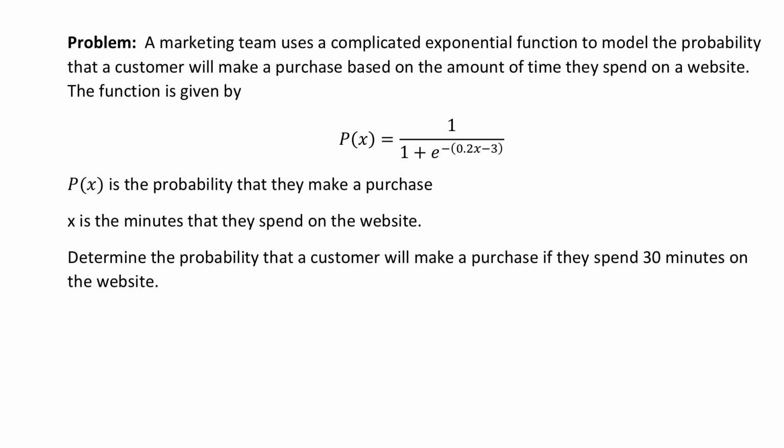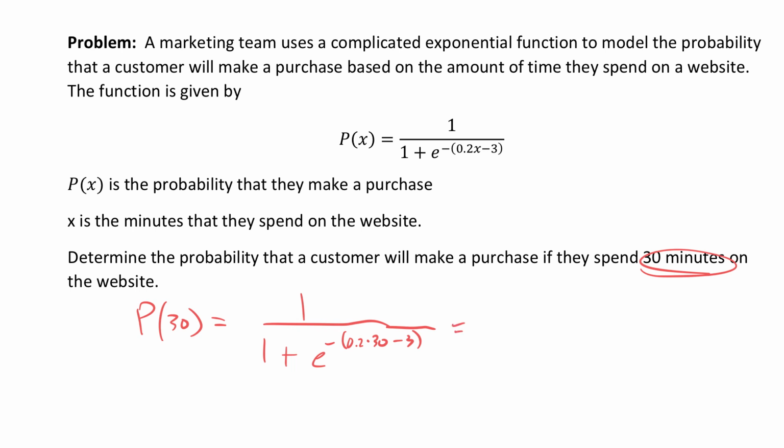Well, it looks like this 30 is going to be our x value, so we need to plug that in over here. That's going to give us P of 30 equals 1 over 1 plus e to the negative 0.2 times 30 minus 3. Again, this question is not particularly difficult from a math perspective, but it is tricky to make sure that all the numbers get plugged in correct on your calculator. Once you crunch the numbers, you should get